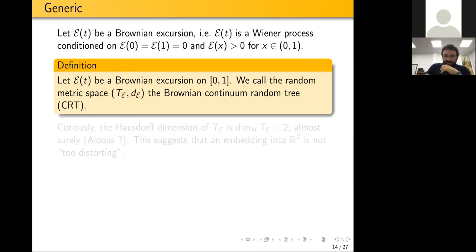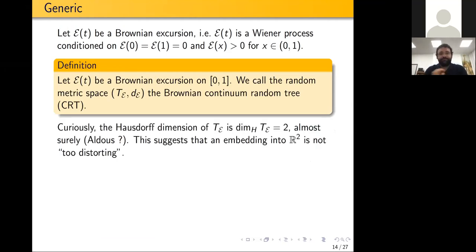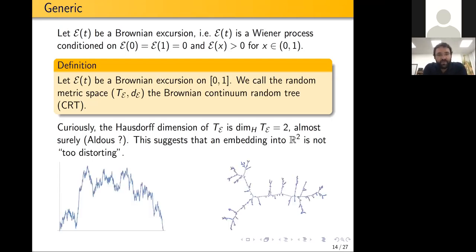Now its Hausdorff dimension is 2, almost surely, and that kind of suggests that it has 2-dimensional properties. Box count dimension is also 2. So looking at some process and trying to embed it, well, it tells us at least there shouldn't be too much distortion going on trying to embed it into R^2. Right, so